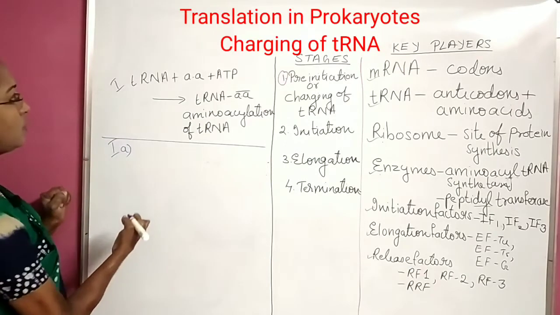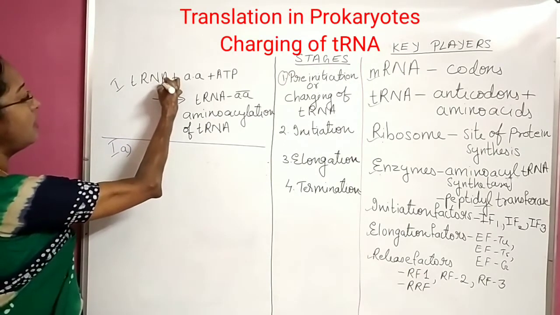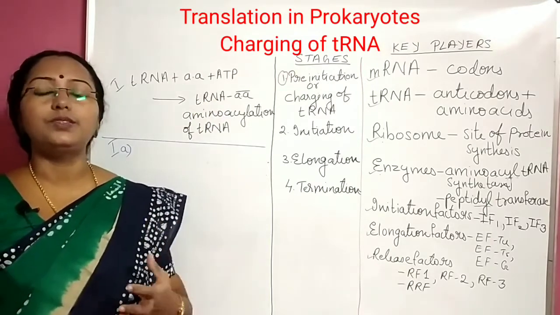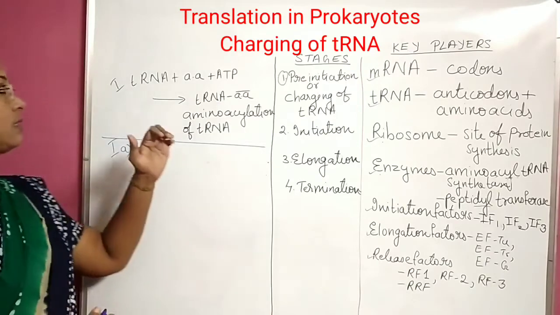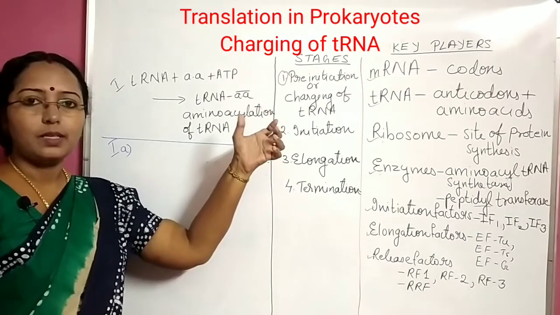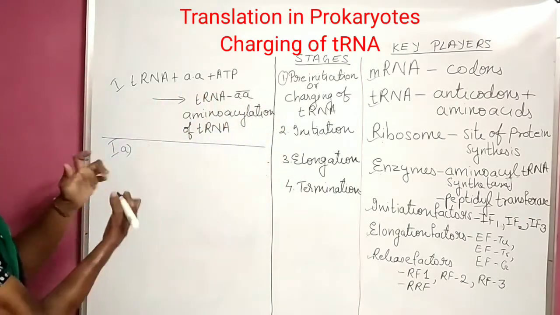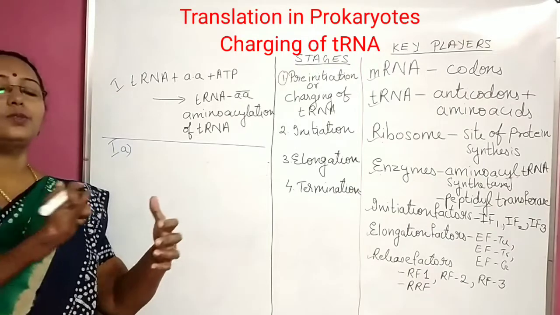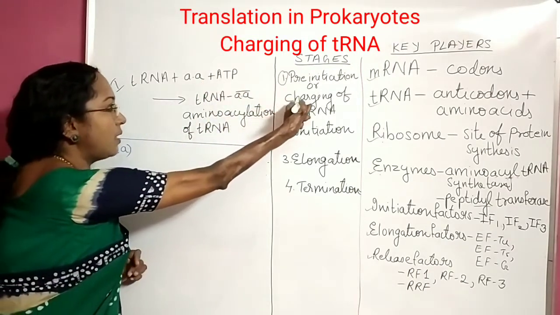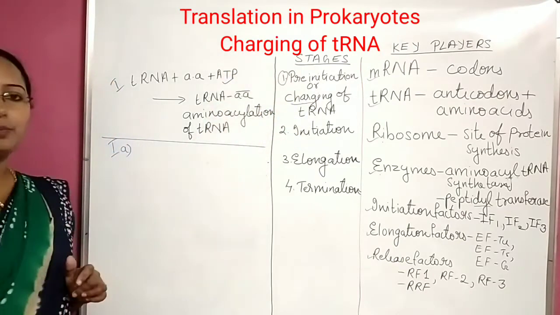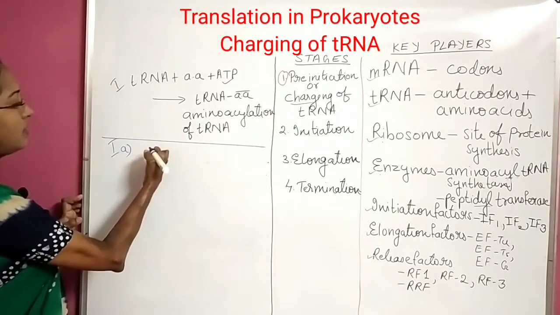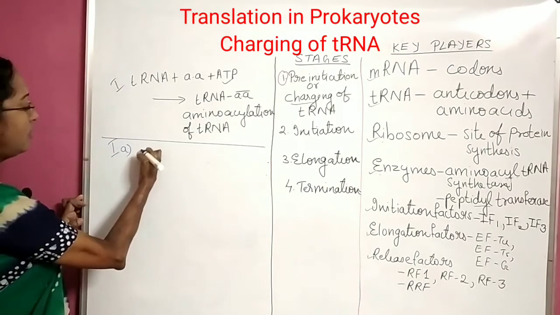In the first process, the tRNA has to be charged. That means it has to get energy, and then it attaches itself to the amino acid. Or we can say this amino acid has to get energy and it has to go and attach to tRNA. Anyway, the whole process of pre-initiation or charging requires ATP. So let us see one by one. The first process I can say is